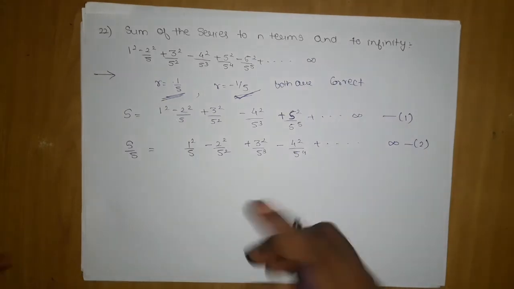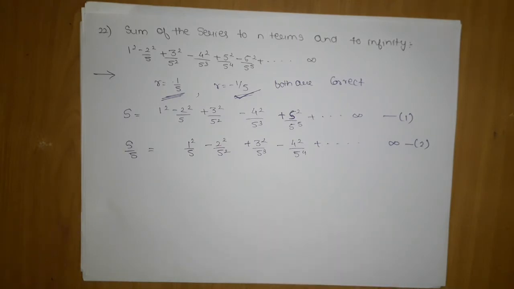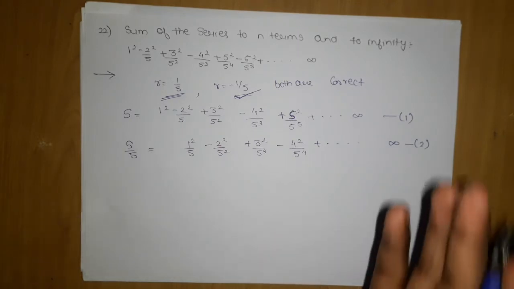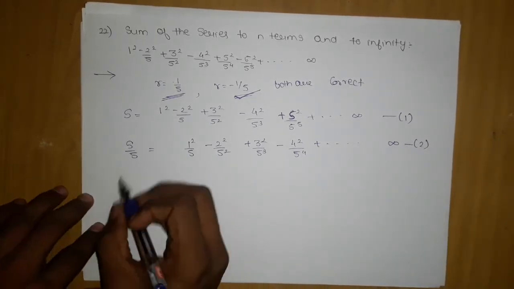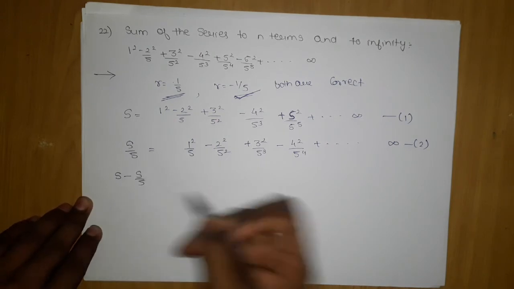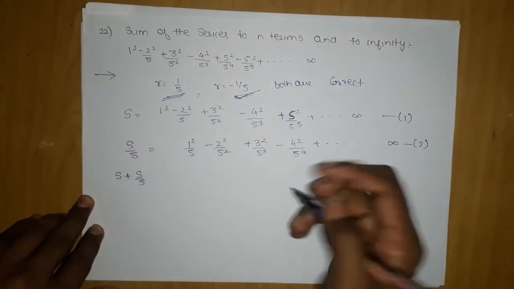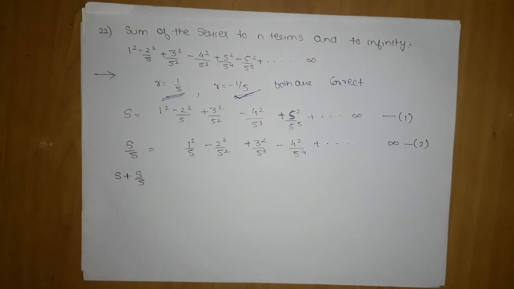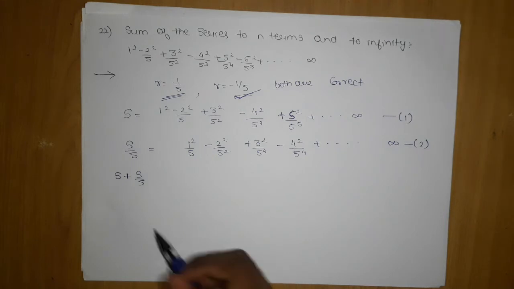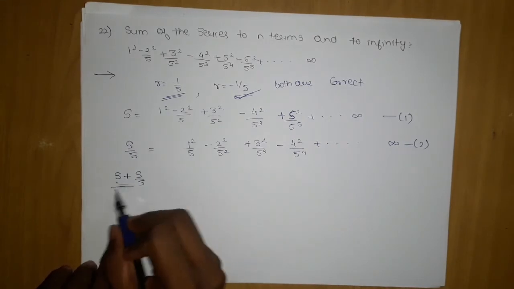In the case of subtraction, you will subtract. But if you take r is equal to 1 by 5, what you have to do is keep your pattern the same, that is, in the second step you will subtract. But if you take r is equal to 1 by 5, then you have to subtract s minus s by 5, while if you have taken r is equal to minus 1 by 5, you have to add. If you have taken minus 1 by 5, then you have to do the same pattern. You don't have to think about why we are subtracting or why we are adding. But here, since you have taken 1 by 5, you have to do this step, that you should add instead of subtracting.